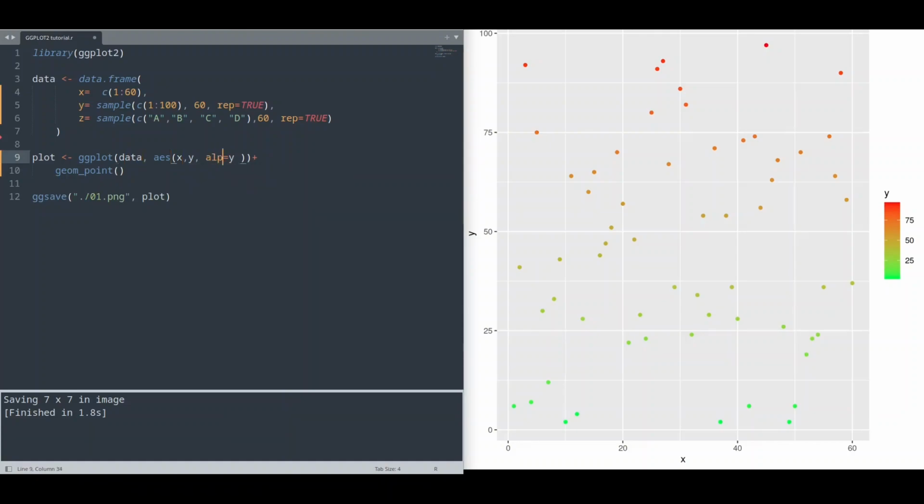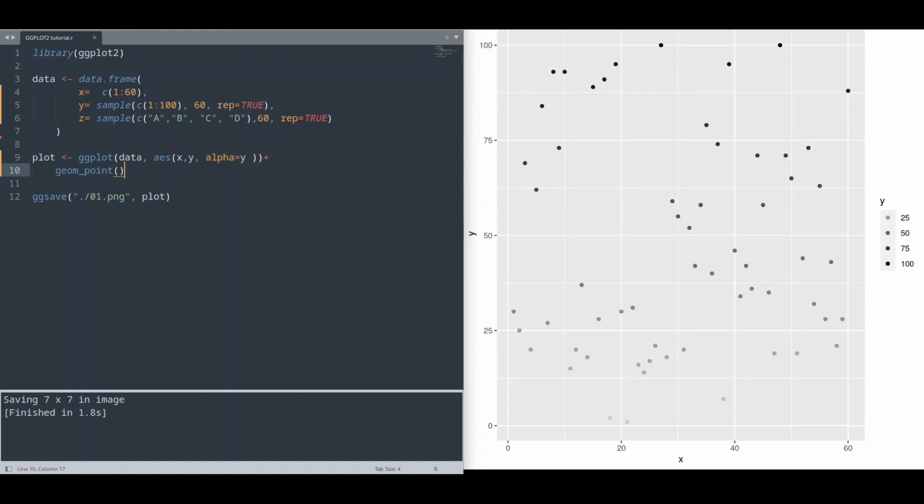And now I'm going to delete this function, we don't need it anymore, and instead of color I'm going to type alpha in here, so run it. So now you see that our alpha effect depends on the value on the y-axis, and in order to take better control over this effect I'm going to use another function, scale alpha,